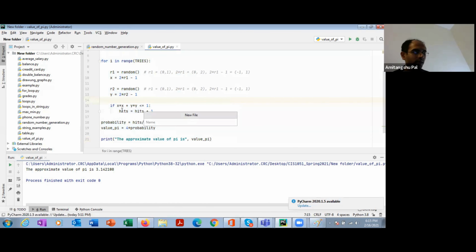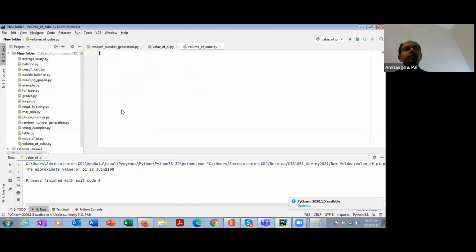So let's start with a function that is going to calculate the volume of a cube. So I need to write a function that is going to calculate cube volume.